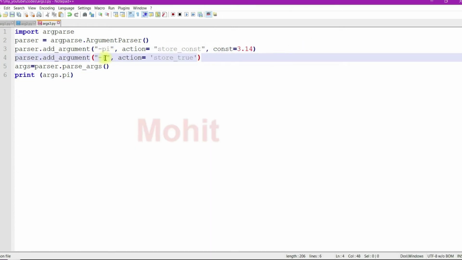Store_true and store_false. These are special cases of store_const used for storing the values True and False respectively. Let us run it.